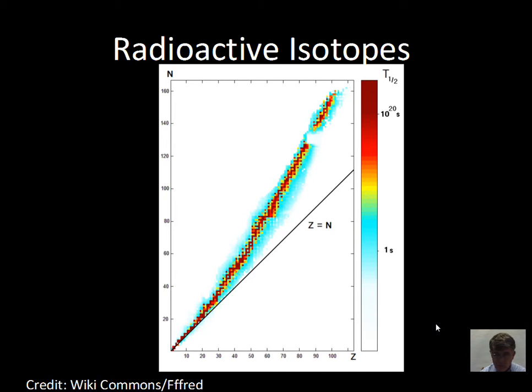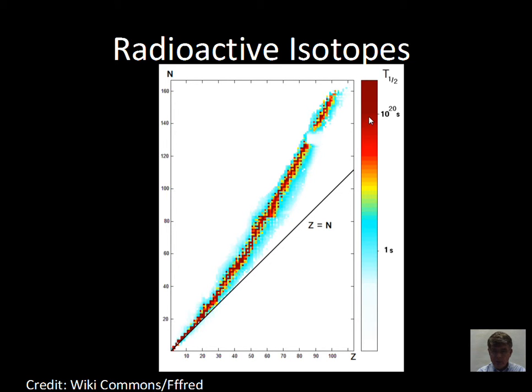So to do this in a scientific manner, we use the concept of radioactivity and radioactive half-lives. This chart shows us radioactive isotopes, and their half-lives are being displayed here with color. So in the blue area, seconds and minutes, and then we get here to 10 to the 20th seconds. That's in this dark red area. There are 10 to the 7th seconds in a year, so we're talking about 10 to the 13th years, extremely